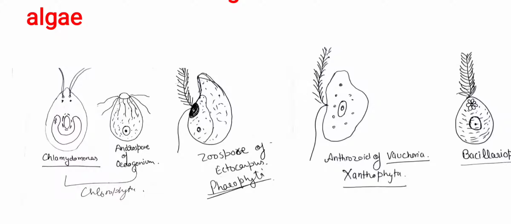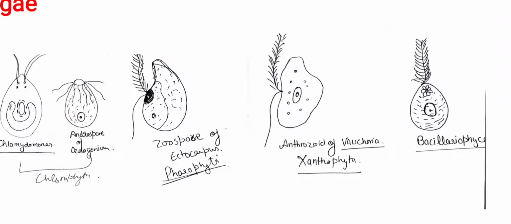In the third type, that is in Phaeophyta, zoospores are of two unequal, heterokont types. One is whiplash type and the second one is tinsel shape. Same is the case with Vaucheria. While in Bacillariophyceae, you can see it is of tinsel shape, it is single and pantonematic. That is, flimmers are arranged in a row.